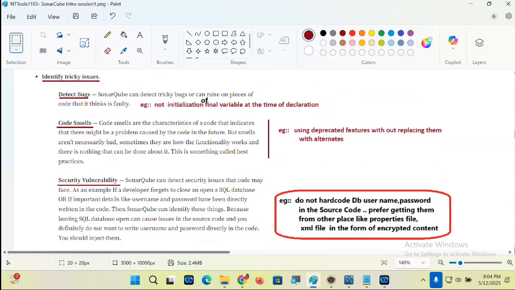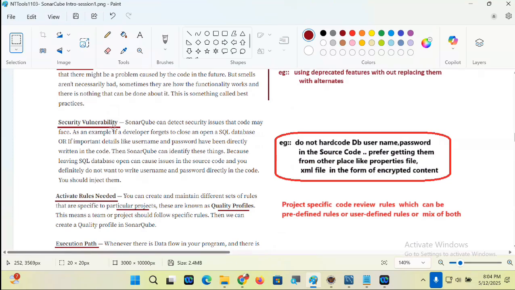Next one, security vulnerability. Vulnerability means what? Security breakage. Understanding my statement, guys? Okay.